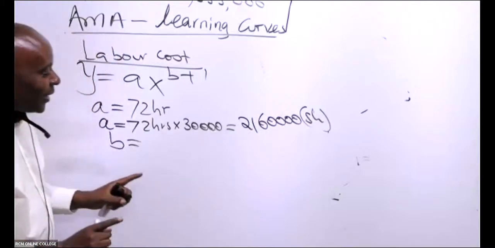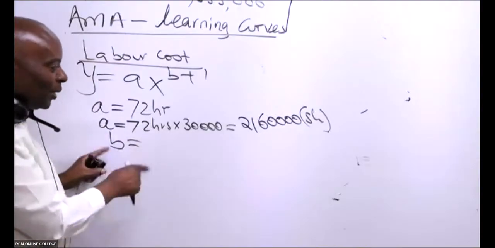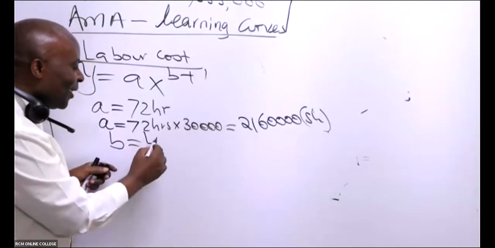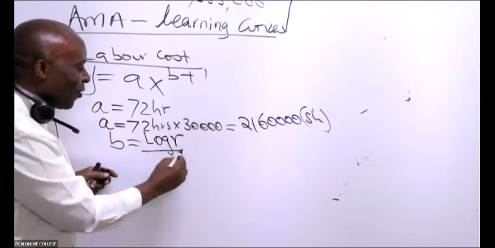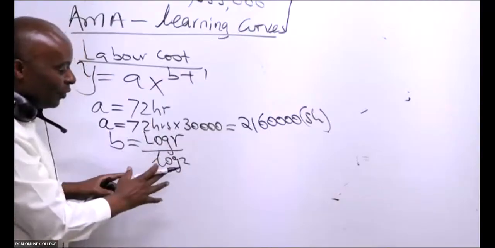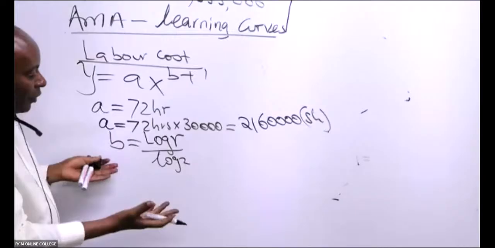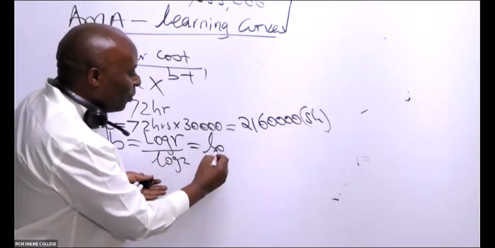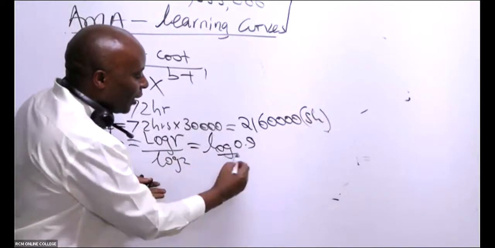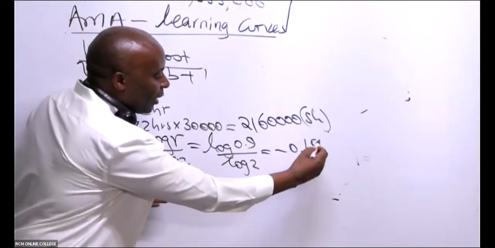But a good examiner shall want you guys to even do this thing of B, isn't it? And if they wanted us to do in this case here this B, I would have taken log R over log what here? Log 2. This is very good to do. If I'm an examiner, I would give students this chance to get this right. I will not give them the value of B. So this will be log of 0.8 over log of 2, which gave you the same figure given there.